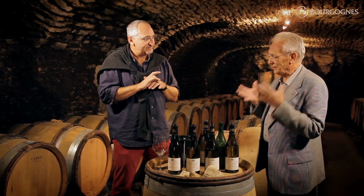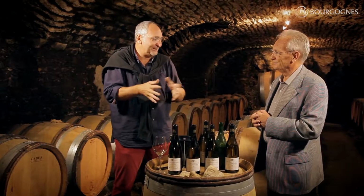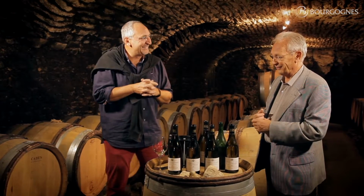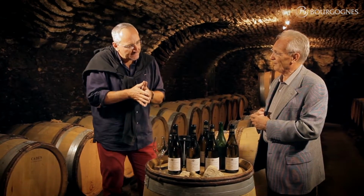So you think that in the wine you will be able to taste the differences? Yeah, through the vintages, through the different expression of each climat, depending on the soils and exposure and everything, linked to the terroir, in fact. Of course we can find all these expressions. I hope we will find that through the tasting. So then we should try to discover that. So we can start with